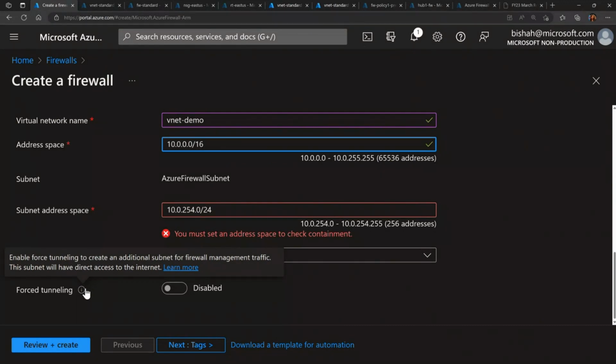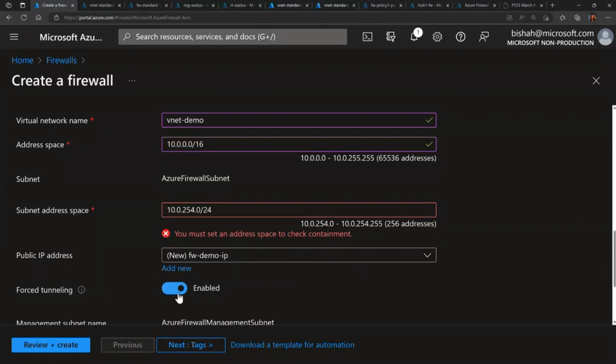A use case for force tunneling is also where customers request that they don't want a public IP. Going back to our main best practices, no public IP, right? But a firewall needs a public IP. If you don't want traffic to go to the internet through the firewall, in those cases there is a way to avoid that. So with force tunneling, we have